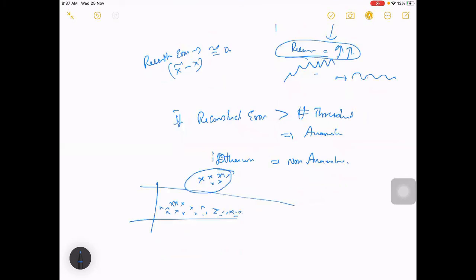So it will identify these as anomaly. We keep some kind of threshold, or maybe use an unsupervised learning approach, like the few unsupervised learning approaches we have studied. We can use any of them and then distinguish between anomalous and non-anomalous data.